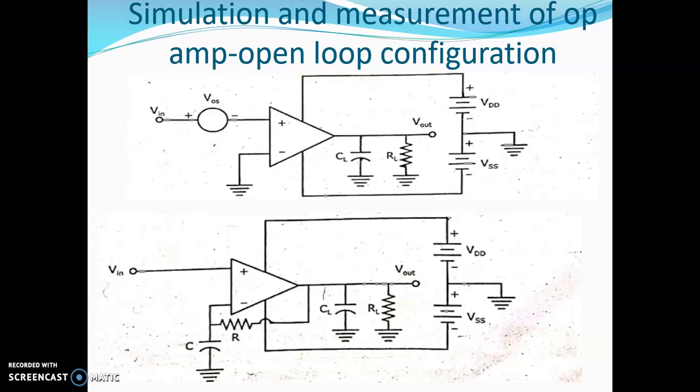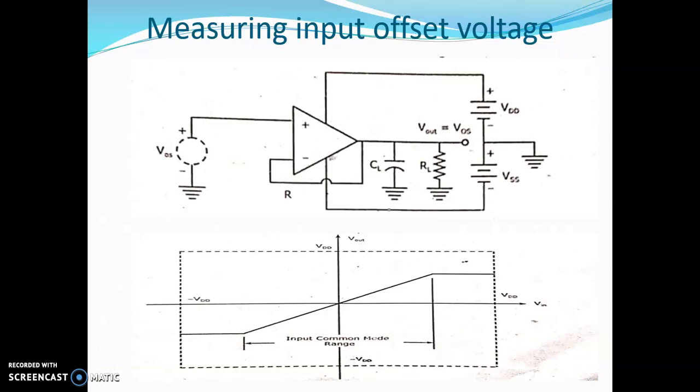So next is measuring the input offset voltage. The DC input voltage here, VOS, can be measured by using this circuit. Here we have to observe that if the DC input offset voltage is too small, it can be amplified by using a resistor divider in the negative feedback. You will be using negative feedback here. We can take a resistor divider in the negative feedback path.